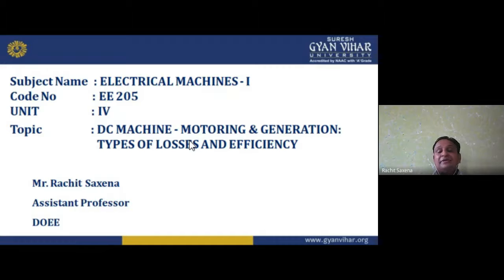Then we have the characteristics. We discussed many characteristics for generators and different characteristics for motors in unit number 4. We also discussed a lot about testing. For the motor we have different types: Swinburne test, back-to-back test, Hopkinson test, direct loading test, indirect loading test, and the Ward-Leonard method. The Ward-Leonard method comes under speed control. In speed control we have flux control, also known as field control, armature control, and voltage control. We talked a lot about this in testing.